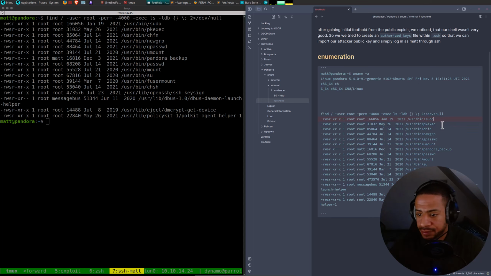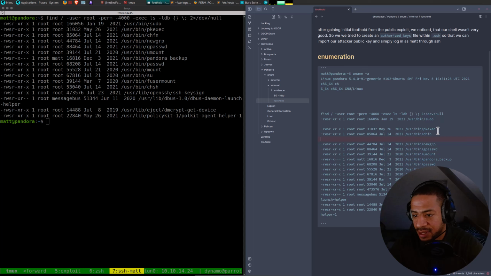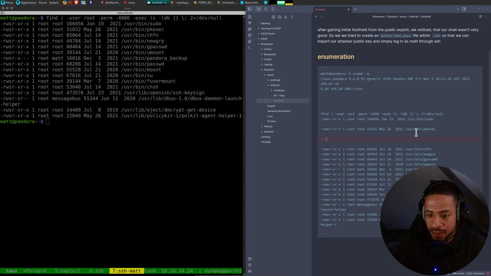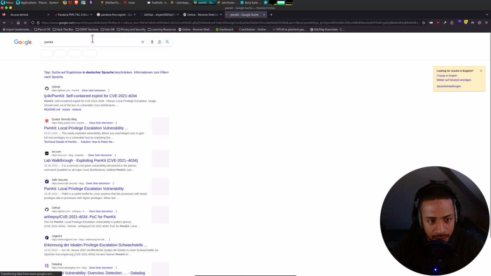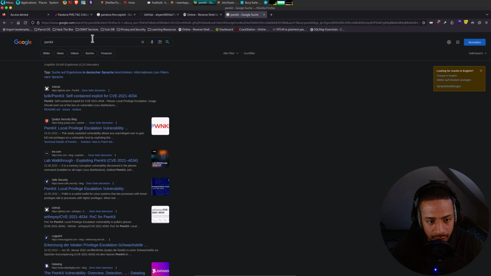Oh wow, the fact that I remember this means I am learning, and I'm learning quick. pkexec, when it has the SUID bit set, is vulnerable to, and I believe that is how it works, yeah, PwnKit.